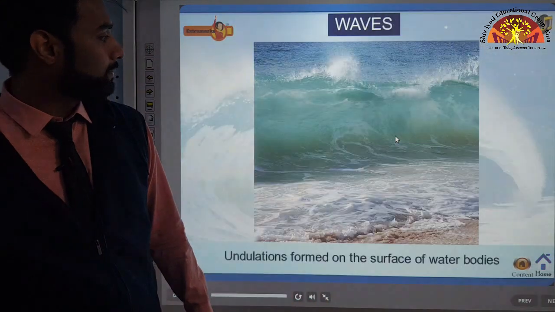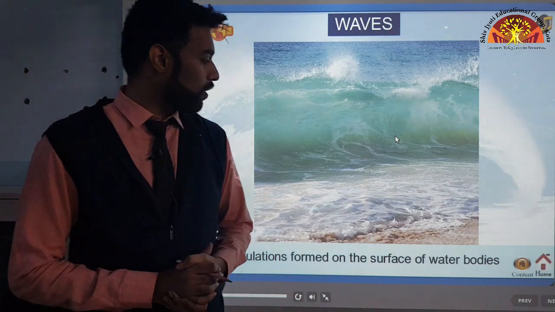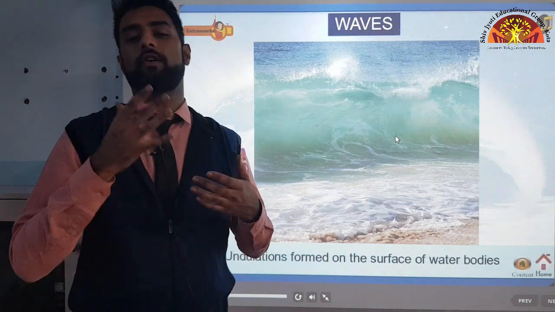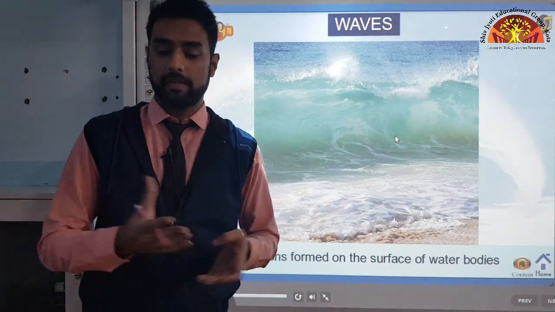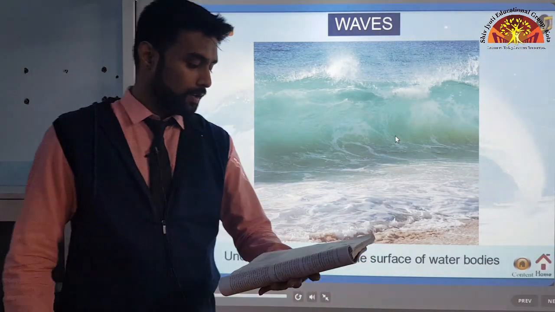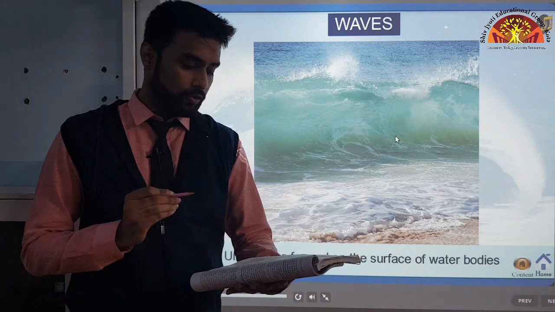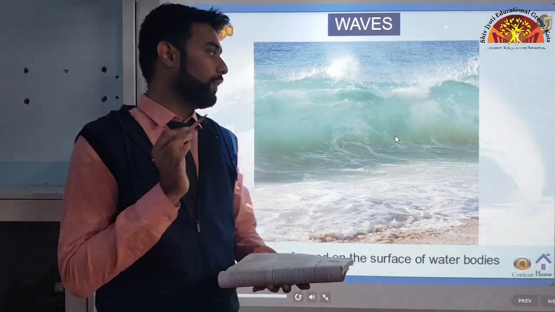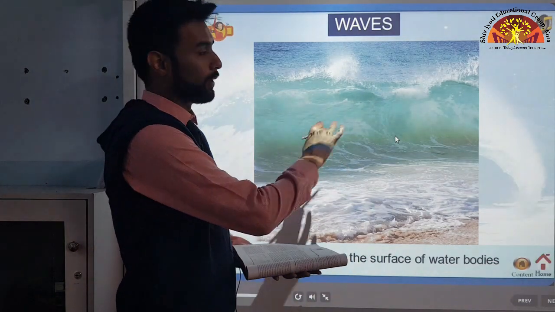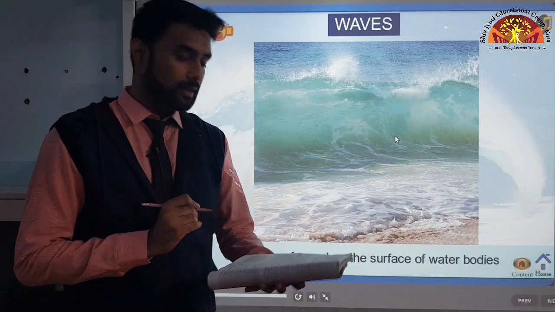Let us move ahead. Now as you can see, waves. Waves are the undulation formed on the surface of water bodies. We have all seen waves in movies, or if you have visited a beach, you might have seen waves personally. So let us read the paragraph waves now. Waves are actually the energy and not the water as such which moves across the ocean surfaces. That when waves are formed, it is not the water which moves, but the energy which is flowing through the water. Now water particles only travel in a small circle as a wave passes.